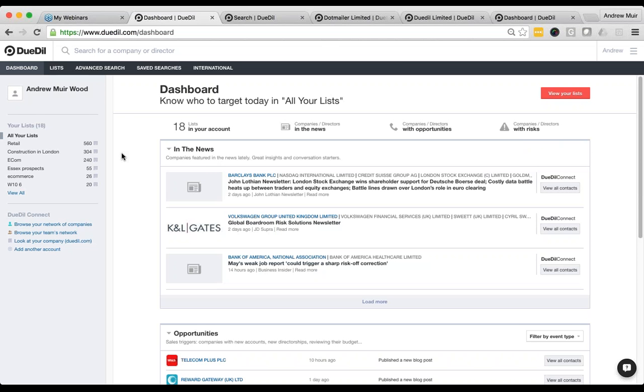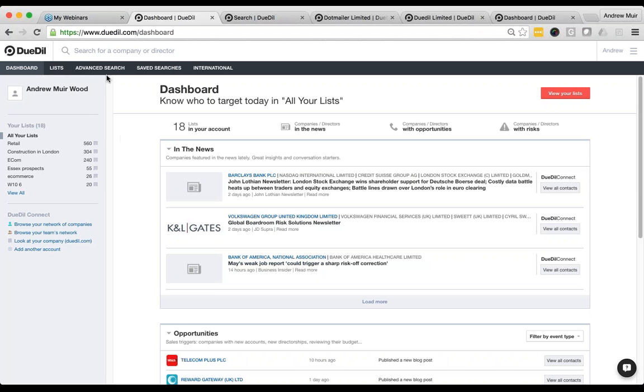If you can all see it well, when you log on to DueDil, the first thing you see is always your dashboard. The dashboard is the way to keep track of the most relevant companies that you want to work on today. So you have a list of clients, a list of opportunities, a list of potential investments, and you want to know which one is active today or which one has relevant news today. But that's not the first part I want to show you.